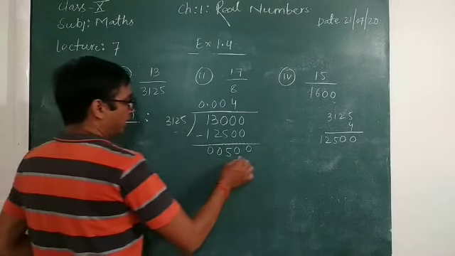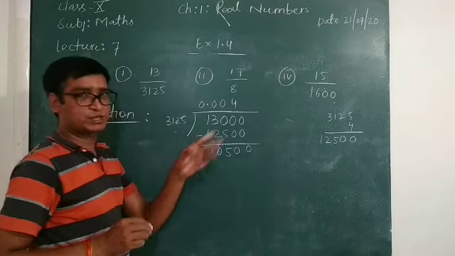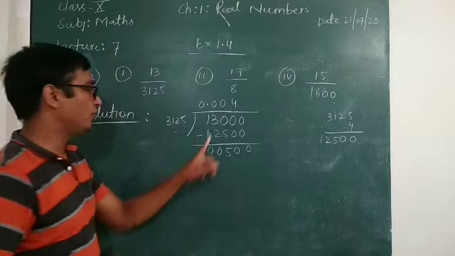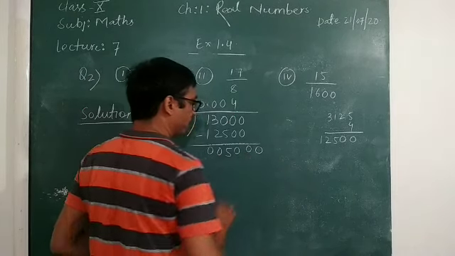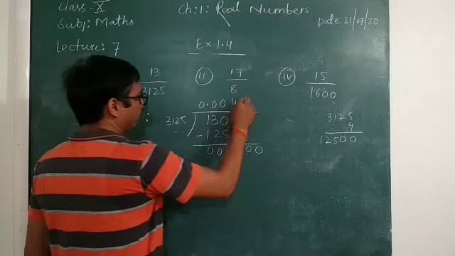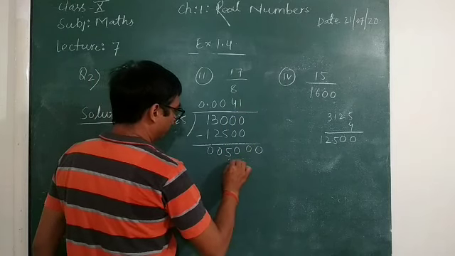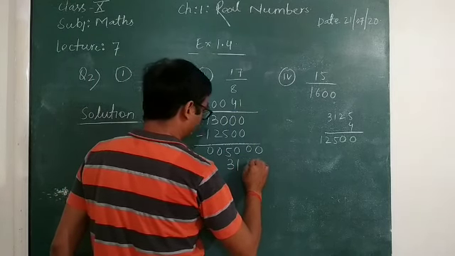Okay, again if we have placed the point once, we can take 10 automatically. So it is 500, so it will become 5,000. So it will be 1 times, so it will be 3125.